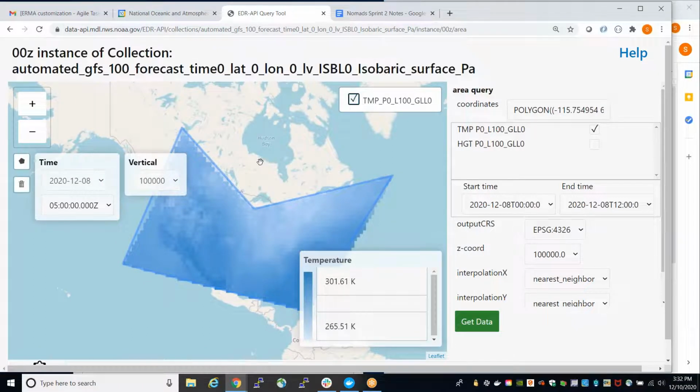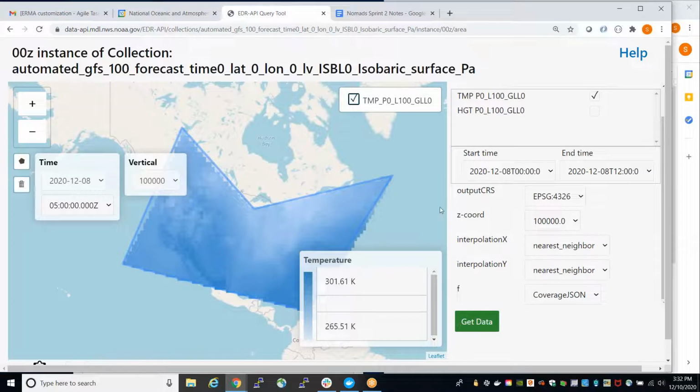On the back end, we're converting GRIB data to Zarr using Xarray, and we're chunking that data up for fast performance. But to Mark's point, to the user, they have no idea about that. They don't need to know about that. The EDR API is just an abstraction layer away from the backend data store. They only really care about the coverage JSON output or the GRIB output or whatever output format the provider provides